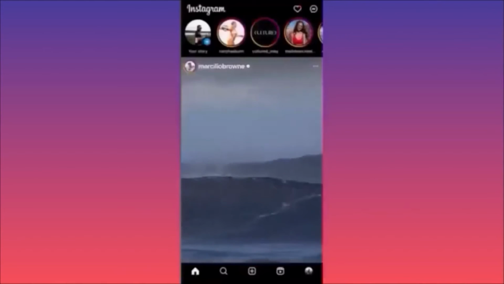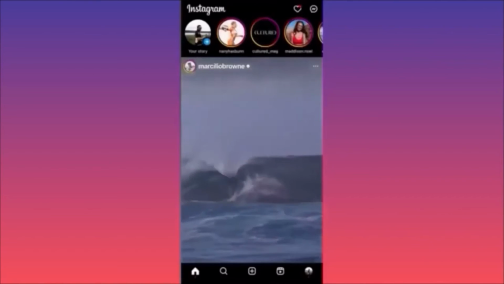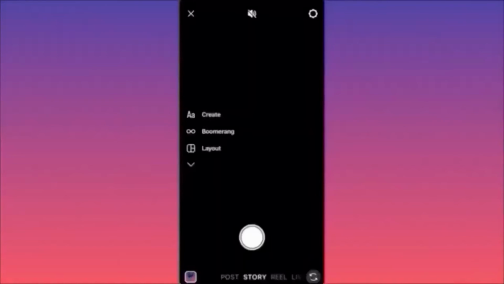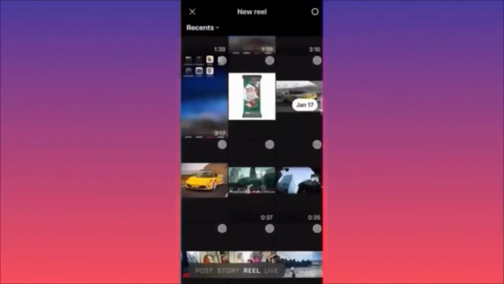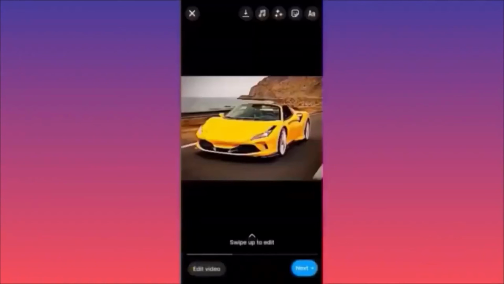Now guys, let's create a brand new post. Click on the lower center of the screen. Hit the plus sign. Now let's slide on the side from post to reels. In this example over here, guys, I'm going to use this image and we're going to create reels out of it. Okay, so the first thing I want you to pay very close attention to is the upper